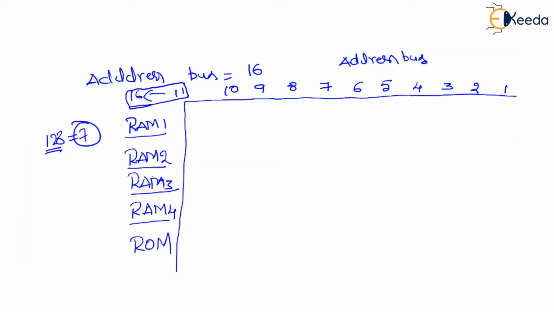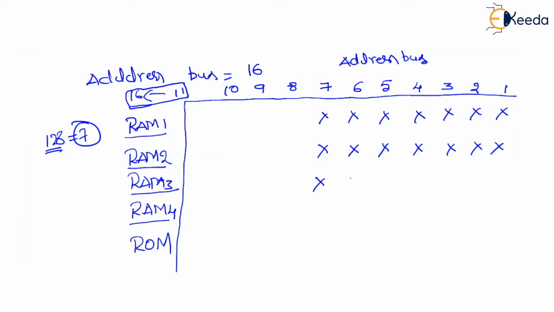So all the RAM chips will be represented with least significant 7 address digits. So when you send an address to the RAM, any of the RAMs, least significant 7 digits will be consumed, right? The address bus will have the least significant 7 digits occupied whenever you send an address to select one of the RAM. Once again, whenever an address has been referenced from the CPU to select one of the RAMs, least significant 7 digits will be occupied. It could be any RAM, okay, because RAM is equal to 128.